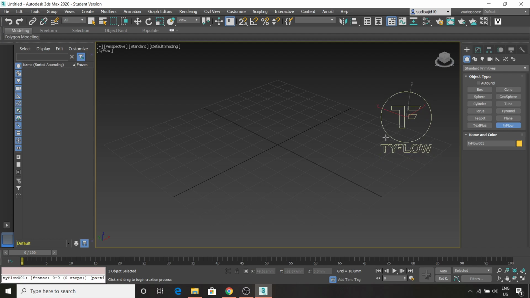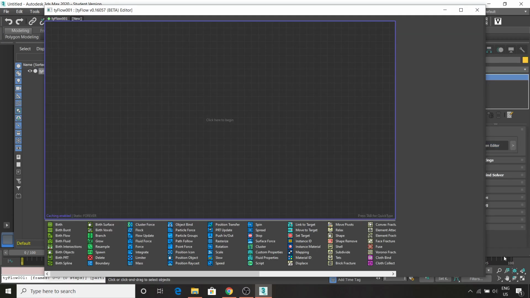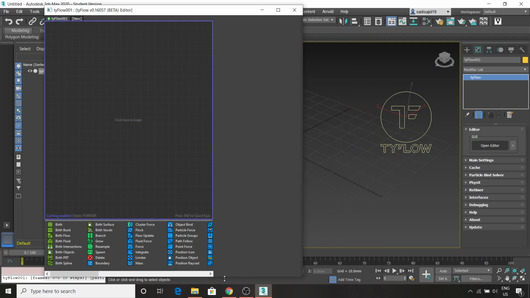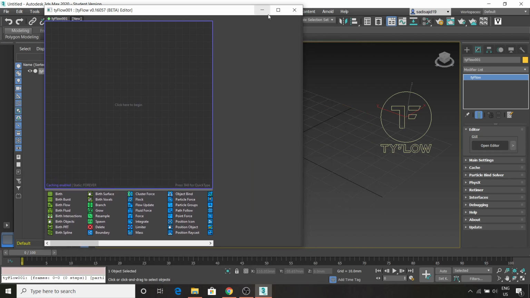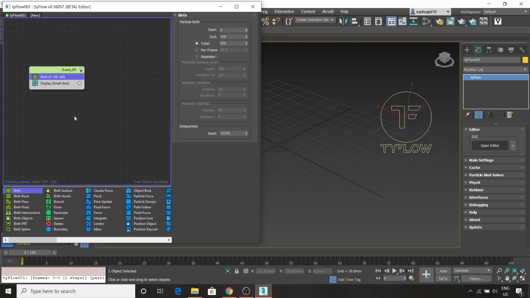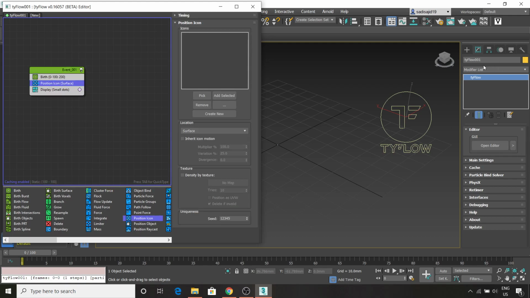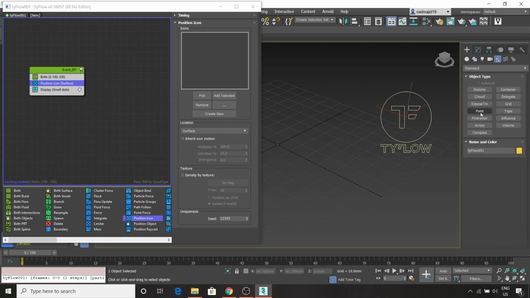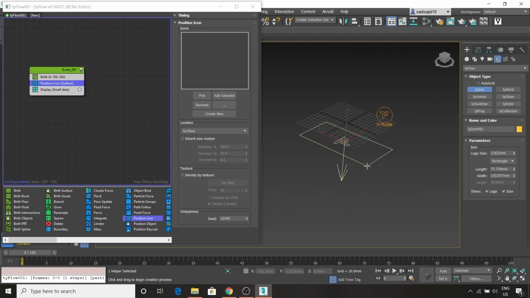So we'll just quickly set up our Tyflow, open the editor and set a few of the basic parameters, just repeating a couple of the steps from the previous video. However, we're going to add a few more things a bit later which will make the actual difference. So we select birth particles and the position icon, and then go to helpers, and under Tyflow we should find the tie icon. Let's use that,